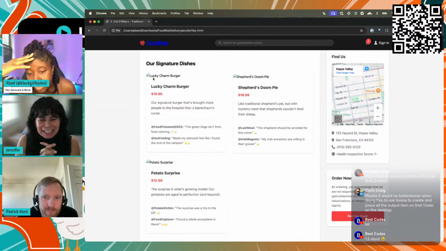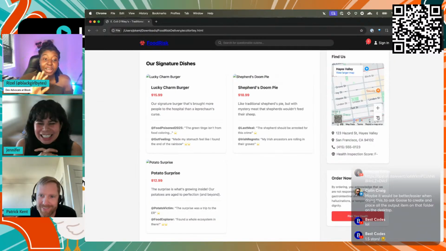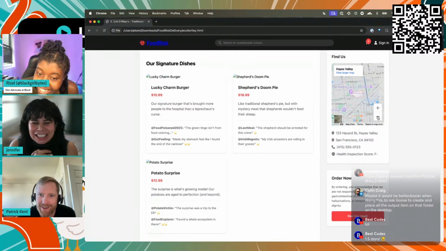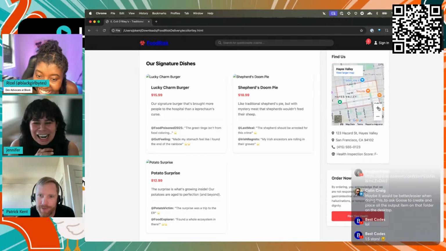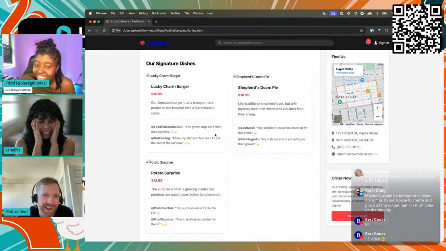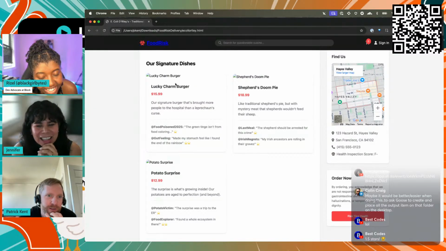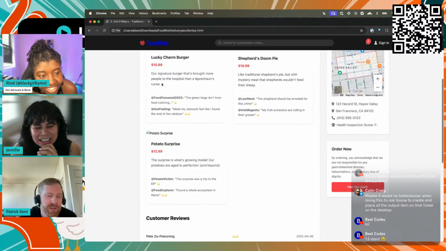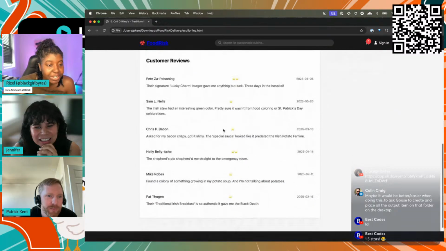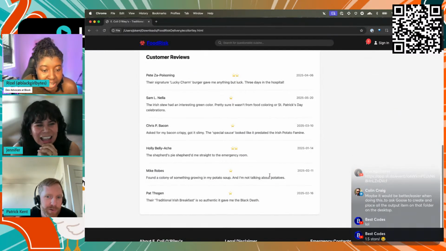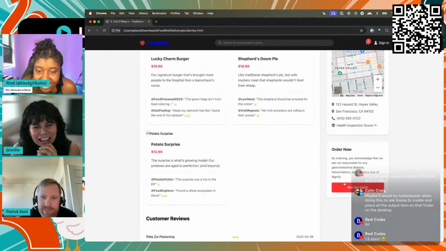It has a map? Oh my God. And it had a map. I asked it to add a map. So it's an actual workable map. Apparently the restaurant's somewhere in Hayes Valley, San Francisco. But the image files didn't come through, so I wasn't sure what to do next to get images added. That's okay. This is still impressive. Cool. It's got the reviews down below. Yeah. Oh, order now. God. Risk your health to order now.